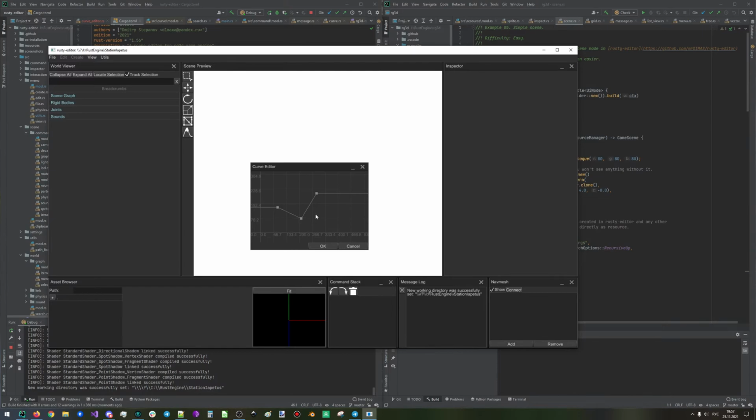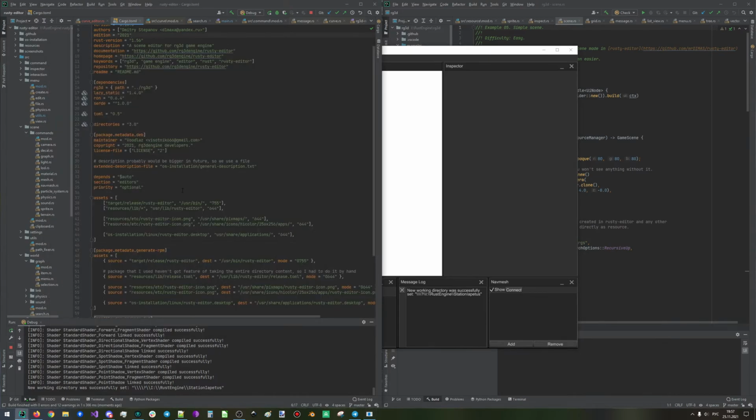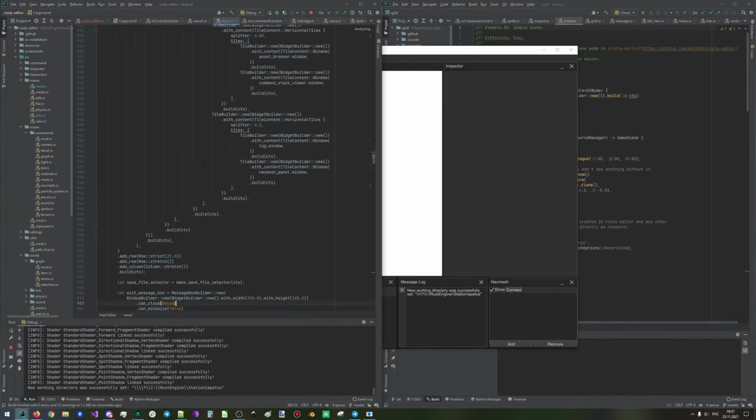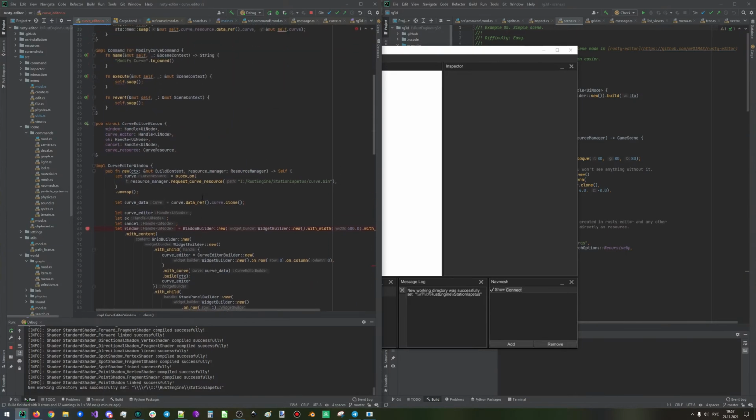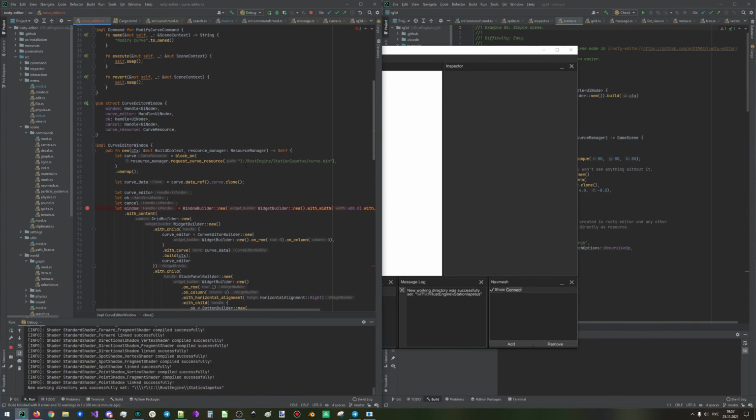It now has the ability to save and load curves that we have made, but it still lacks the ability to select the file we want to edit, or the resource we want to edit. Right now it is hard-coded, and in today's stream we will add the file selector for both